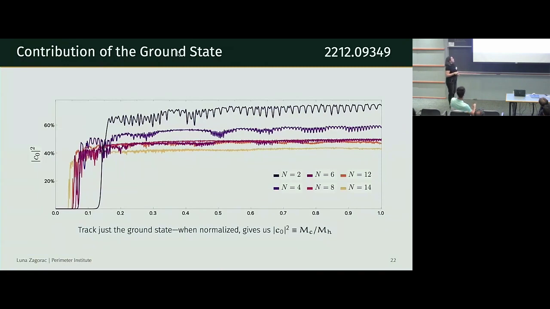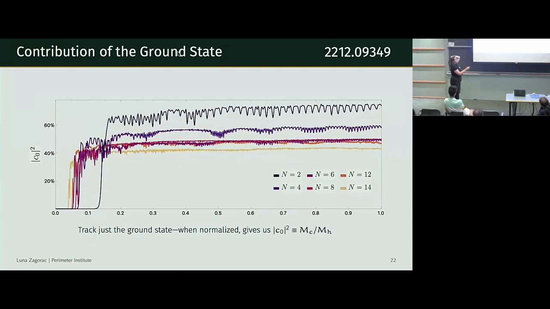So here I'm showing you data only for the simultaneous mergers. And what I'm asking is what percentage of the mass in my box is just in the ground state, meaning just in the soliton, right? These numbers here tell you how many solitons I'm merging, so a higher number means a higher total mass of the halo because I put more mass in my box. And so just following the n equals 2 case, what we have is nothing because the solitons haven't merged yet, then whoop, suddenly there is a ground state in the core and it's oscillating vaguely around some number.